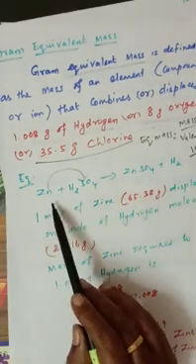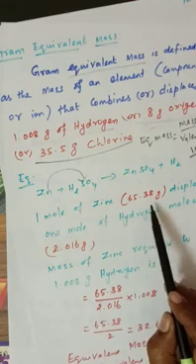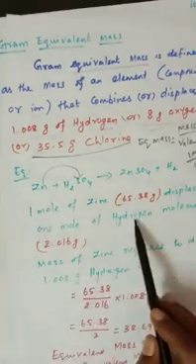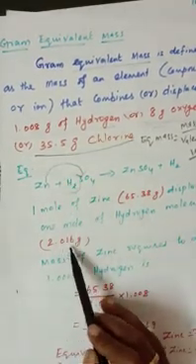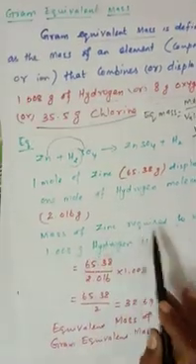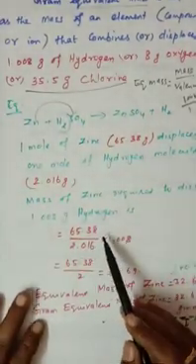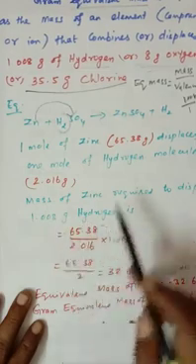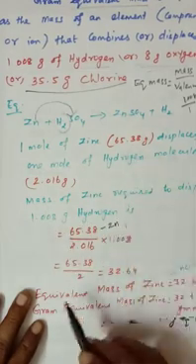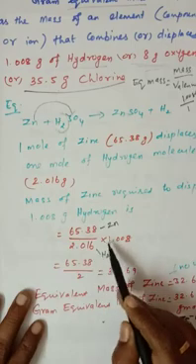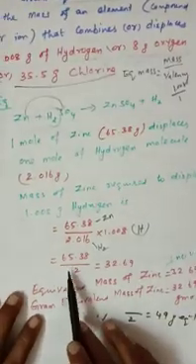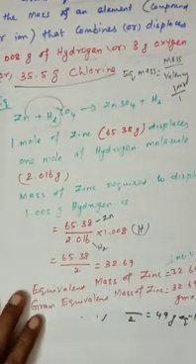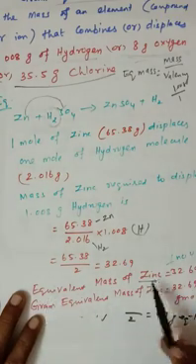So 1 mole of zinc, molecular mass is what? 65.38 grams displaces 1 mole of hydrogen molecule. 1 mole of hydrogen molecule is H2, and the H2 value is 2.016. So the mass of zinc required to displace 1.008 of hydrogen is 65.38. What is 65.38? It is the zinc value, the mass of 1 mole of zinc. Again, H2 value 2.016, hydrogen 1.008, and finally we get 65.38 by 2, so 32.69. So the equivalent mass of zinc is 32.69.